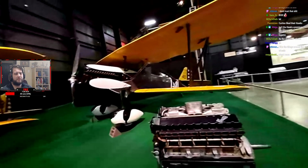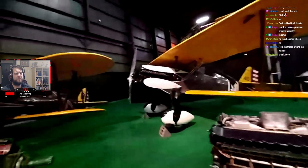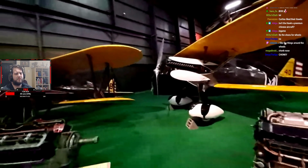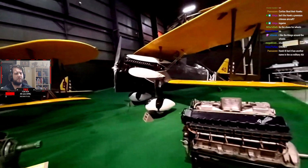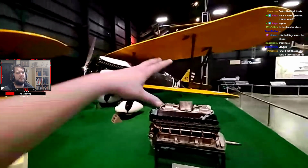So it's also a lot of metal construction. It was one of the first aircraft where you start seeing a lot of metal construction to it. The paint scheme is nice. What was that? The paint scheme is nice. Oh yeah, it's a wonderful paint scheme. I love the black and white leaves you got going on, and then